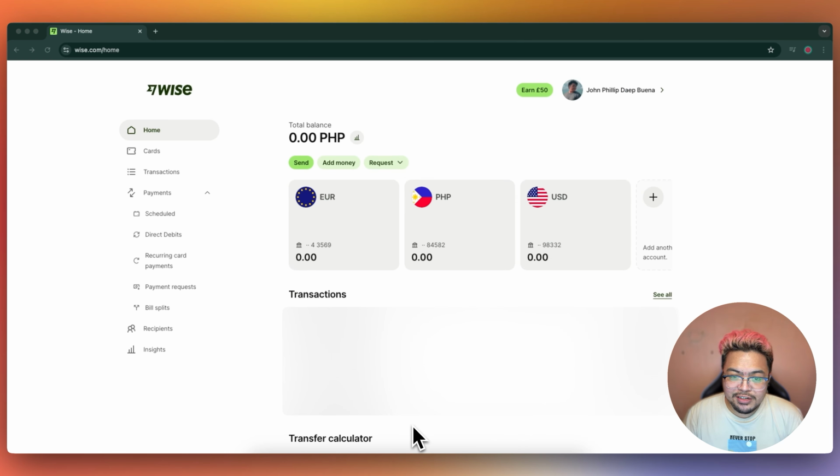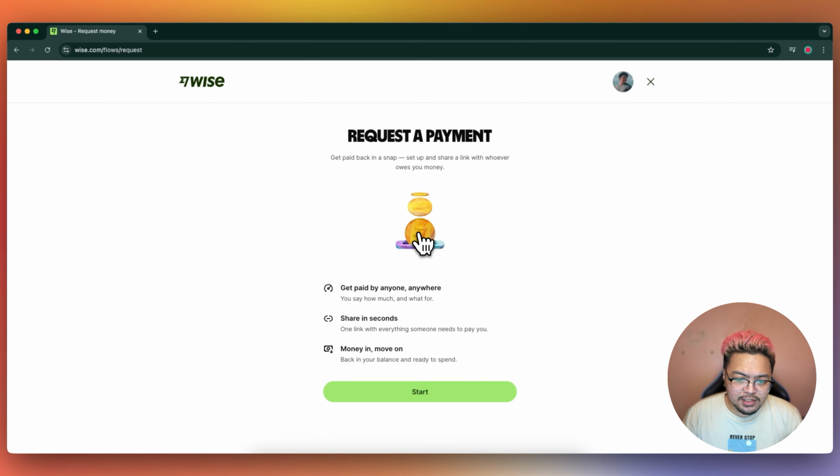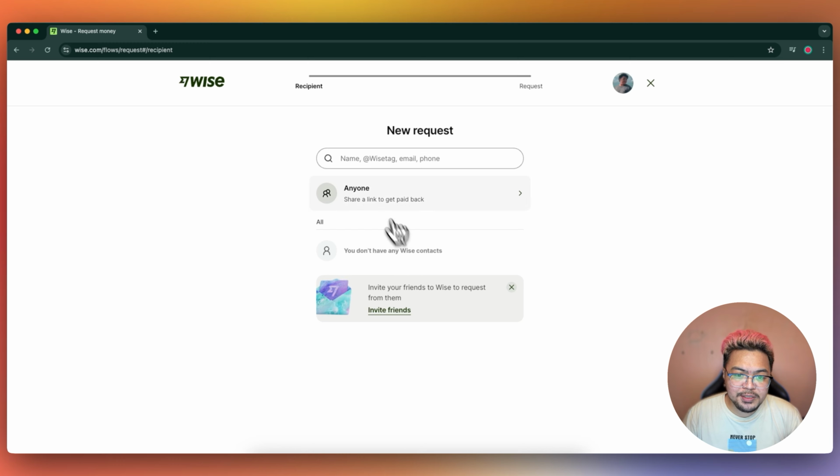So back to our dashboard here, another feature that's actually really brilliant with Wise is you could actually request money directly from Wise. So if you are requesting money to someone who already has a Wise account or maybe not, you can just click on request here and you can request payment. If we click on request payment over here, it'll actually give you an option to request payment from someone. So you can either request it from someone who is in your Wise contacts, and if they're not there yet, you can invite them, or